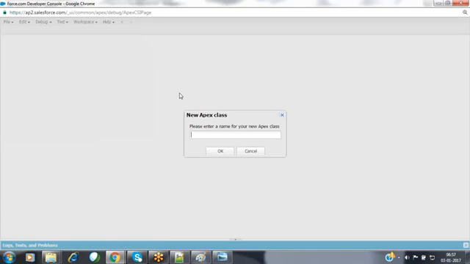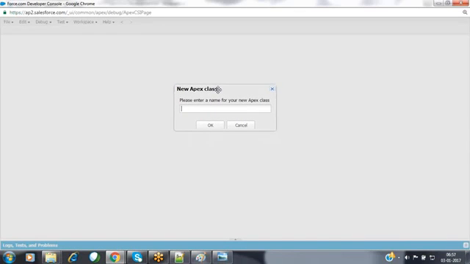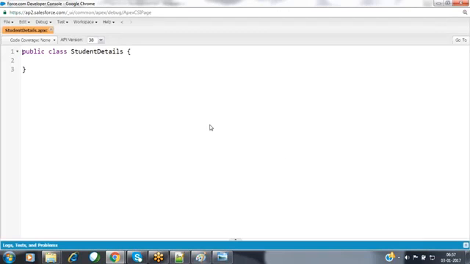Click on Apex class. Now it is providing a small dialog box to you. Inside this dialog box, you will have a small text box in order to enter the name of the class with which you are going to create a new class. I'm creating a class with the name student details. Click on OK.